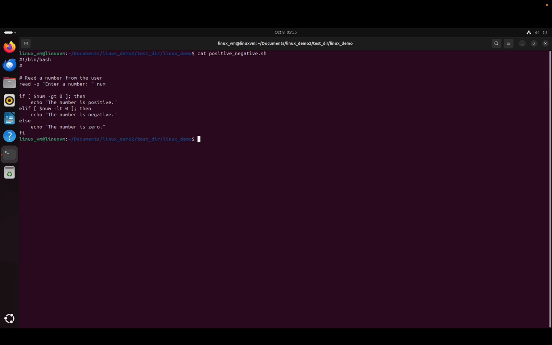So it takes an input from the user. If the number is greater than 0, it prints it as a positive number. If the number is less than 0, then it prints it's a negative number. Else it prints the number is equal to 0. So let's execute this code. Bash